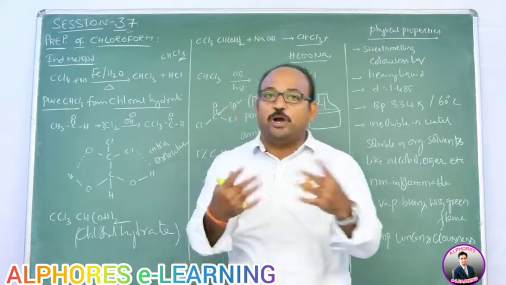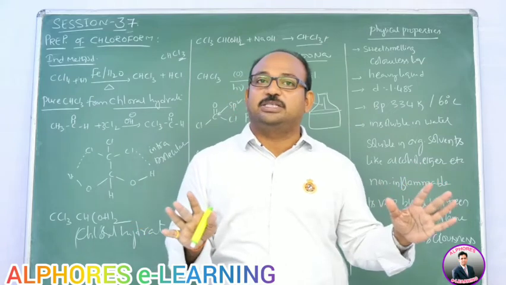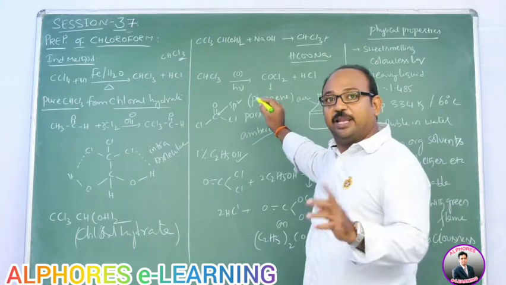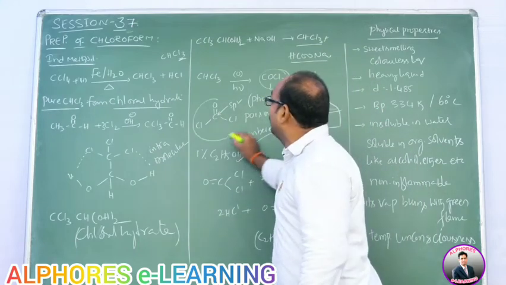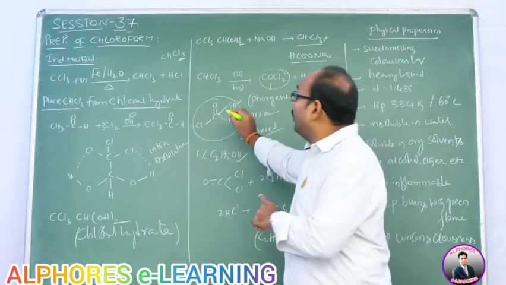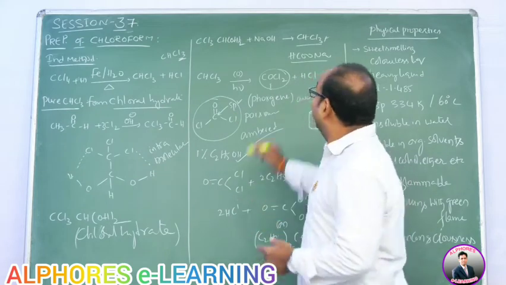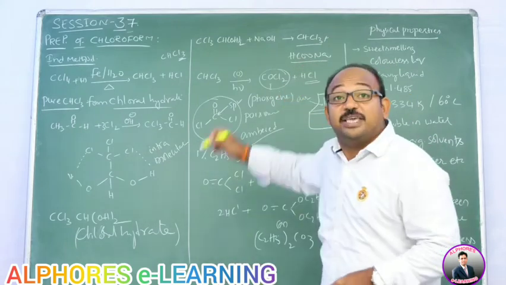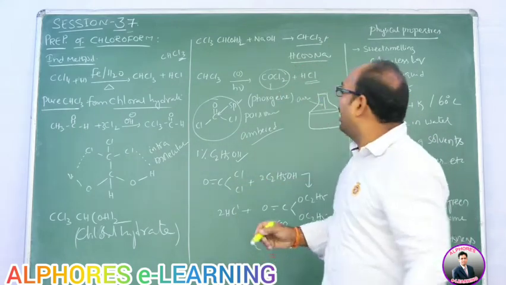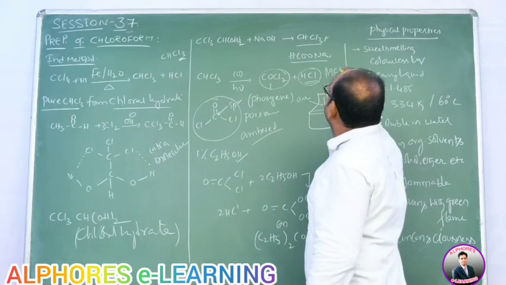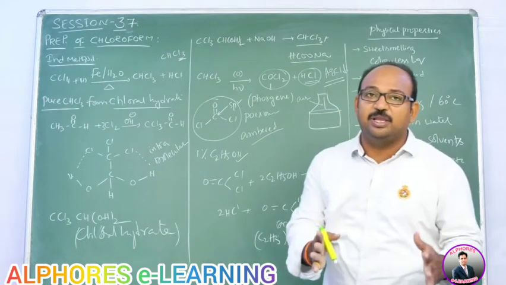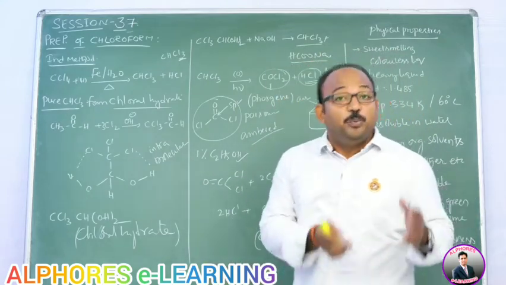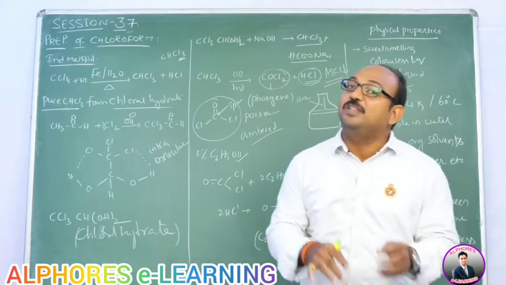If this chloroform is spoiled, meaning it undergoes photochemical oxidation, then what happens? Phosgene forms. Again, remember, this phosgene, COCl2, is also non-ionic. It is not going to furnish any Cl minus. But along with this phosgene, HCl is there. When we add silver nitrate, this HCl reacts with AgNO3 and you get an AgCl white precipitate. That means impure chloroform gives a white precipitate with silver nitrate. Pure chloroform cannot give a white precipitate with silver nitrate.